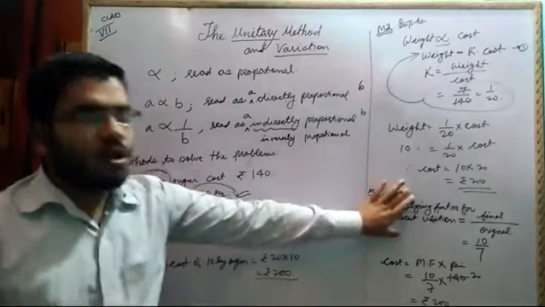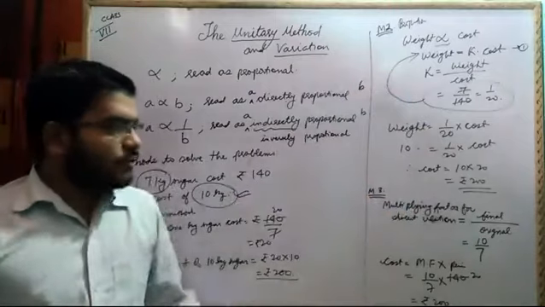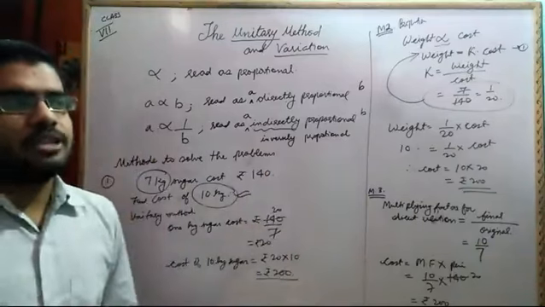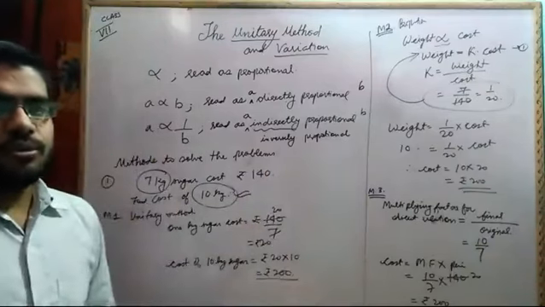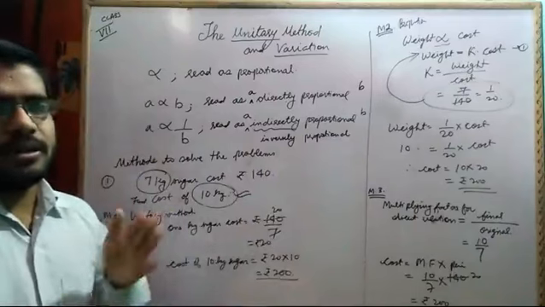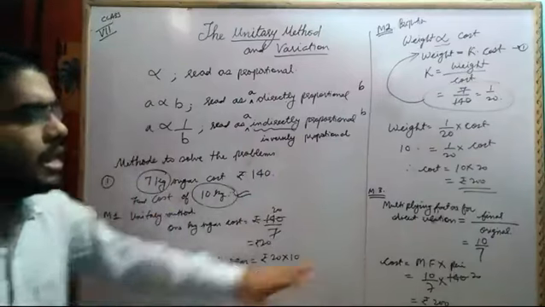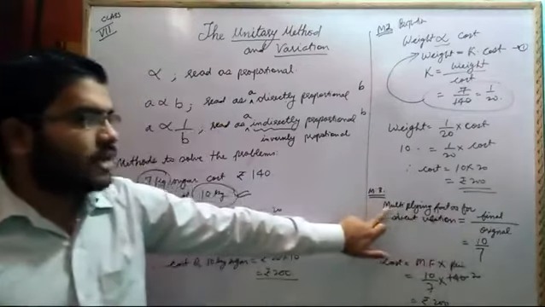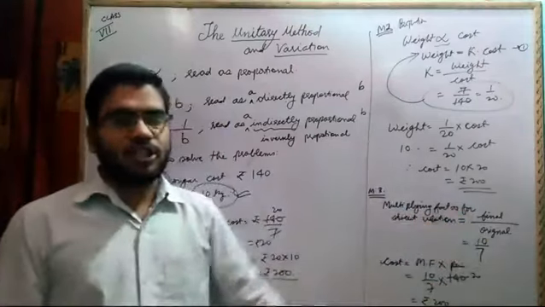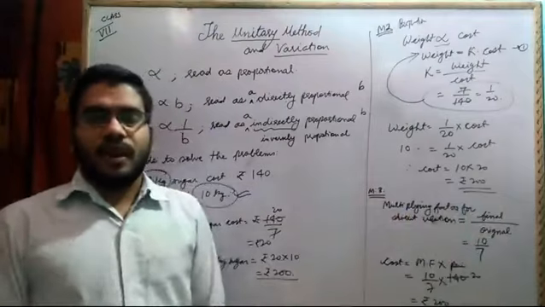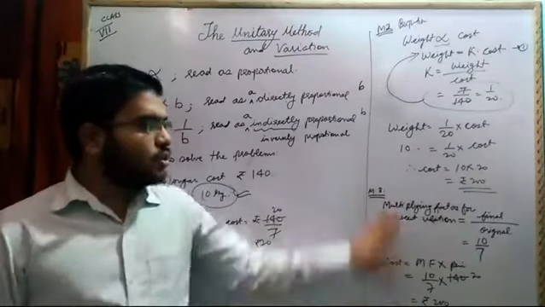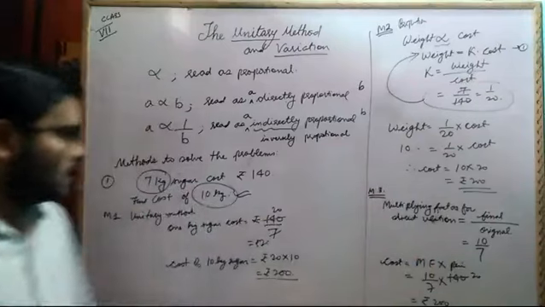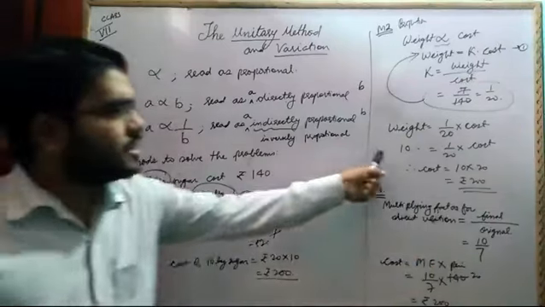But the drawback of this method is that during exam time, out of pressure in the examination hall, there is a chance that you will miss this multiplying factor. Instead of writing final upon original, you may write original upon final, and if you do such a thing, then your entire solution will be wrong. So I would suggest you go by this method or go by that method.